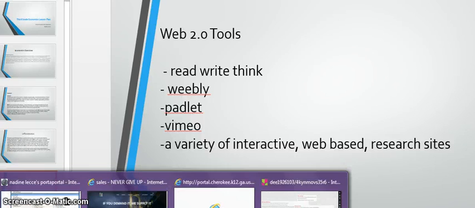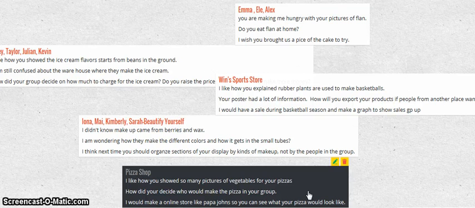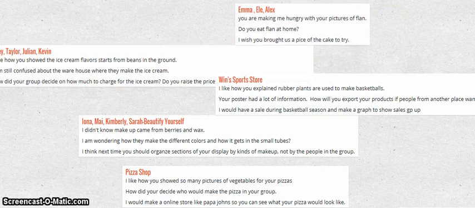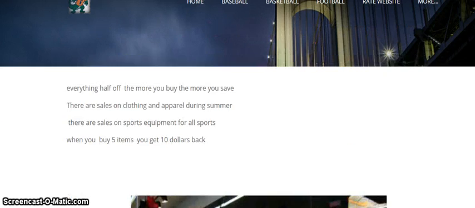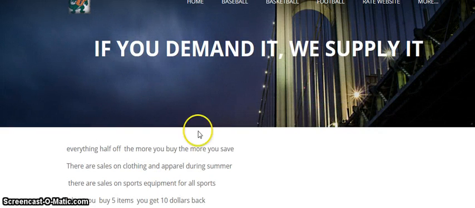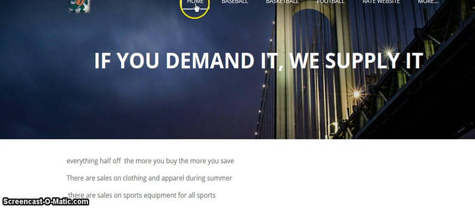Let's see, the Padlet at the end, when the students had to present their websites or their stores, the students would give feedback typing on Padlet. That was really fun, and the kids could share with families at home. We would upload everything to their wiki. Here's a sample website, and as you see, they had to creatively show me that they understood what the terms meant and if they really understood